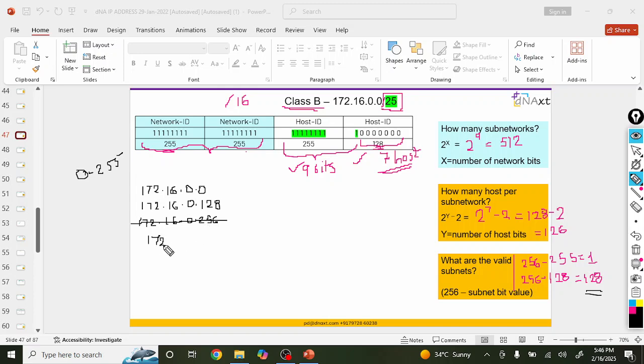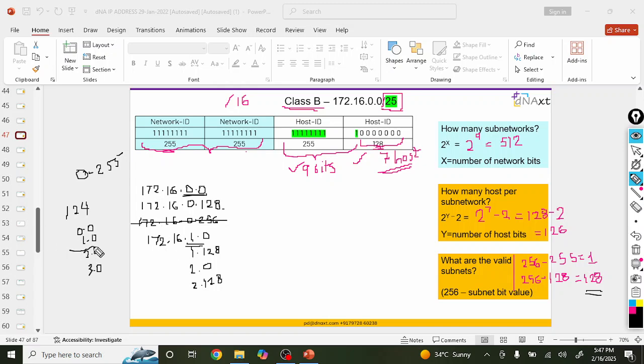Sorry. So the next subnetwork will be 1.0. Then it will become 1.128. Then 2.0. 2.128. So basically in /24, when your increment was 1, you wrote 0.0, 1.0, 2.0, 3.0 like this, all the subnetworks. Now between 0.0 and 1.0, one more subnetwork has come: 0.128. Are you getting it?